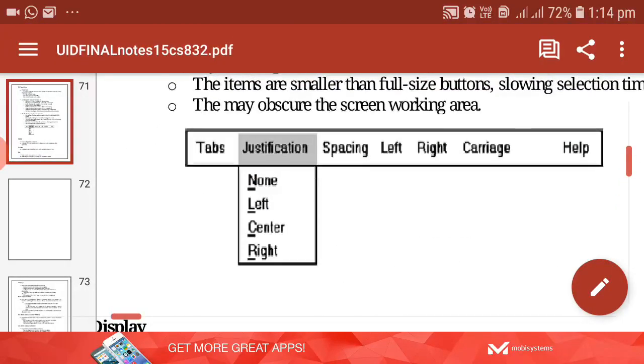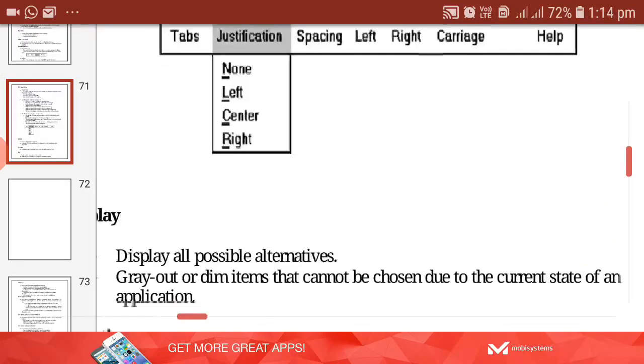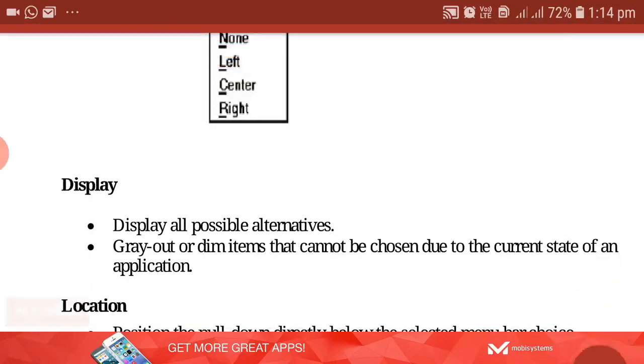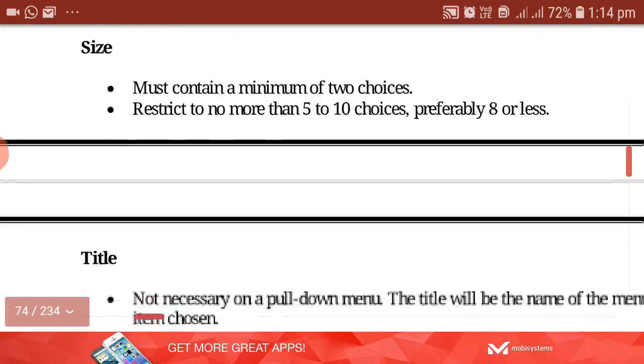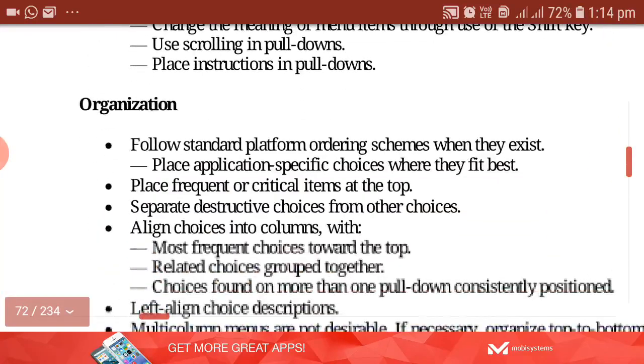The shadow has to be displayed for the bottom margin as well as the right margin. So these are the points while laying out the choices in the drop down menu.